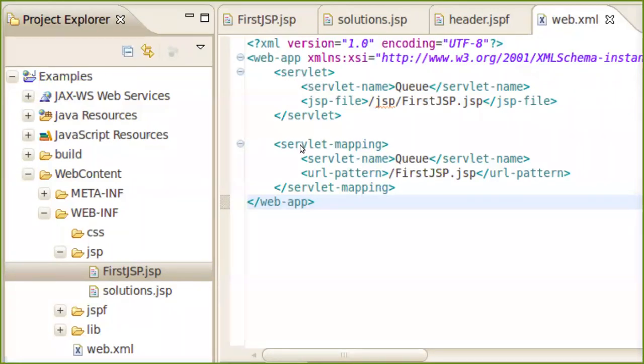Okay, now you're also going to get what option? The servlet mapping option. Now here you have to understand that there is a servlet file called Q, and there is a JSP file called first JSP.jsp. That means my JSP file name is first JSP. Okay, what is happening? I am mapping this Q, that is your servlet file, to your client file. So this is one piece of information that has been generated. If you do another mapping exactly after this, then the second mapping is going to come.